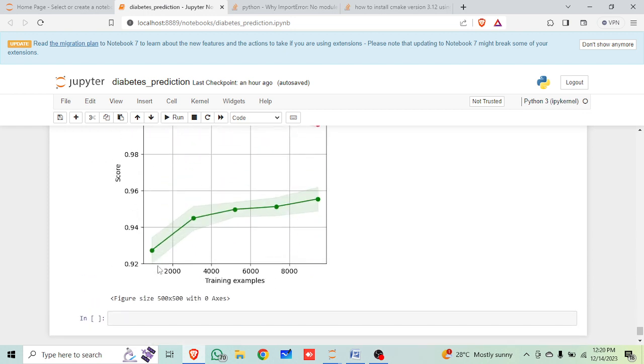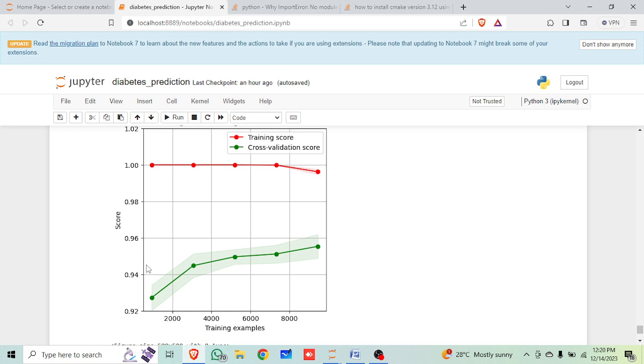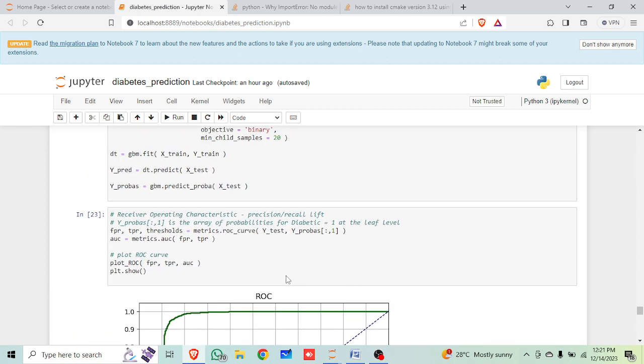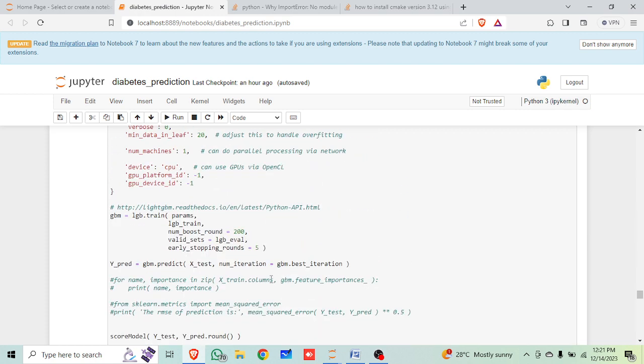You can clearly see the figure size I have taken is 500 with 0 axis. This is the training examples for 2000, 4000, 6000, 8000, and the score is starting from 0.9 to 1. You can see clearly the training score is coming like this, and the other thing, the cross validation score on testing, is okay. It is still around 95-96%, and it is a good result. I hope you understood the basics of how to use this decision tree for prediction of a diabetic patient,